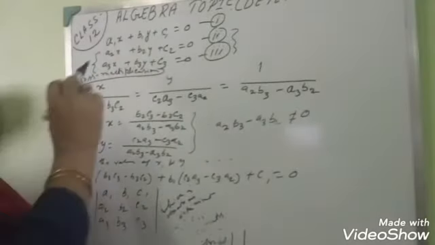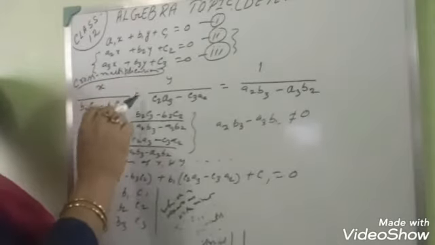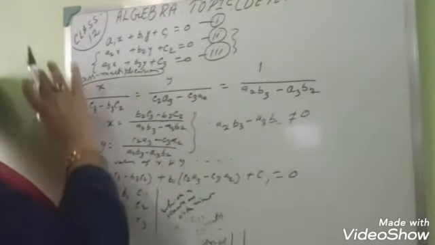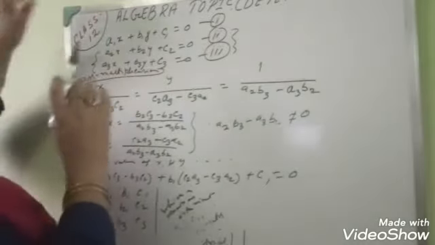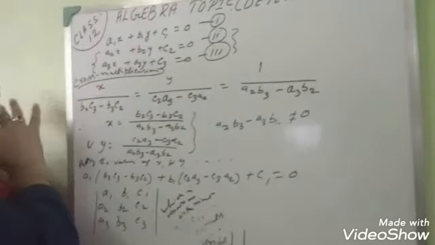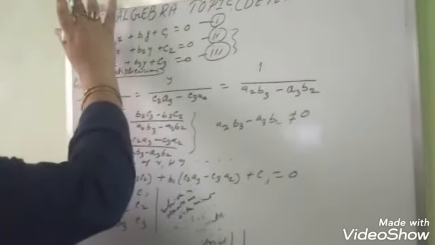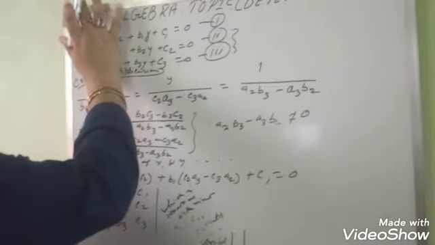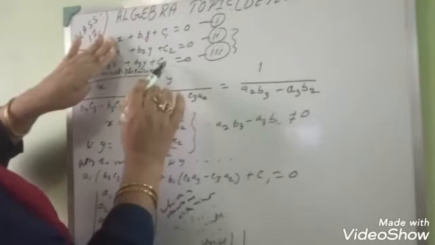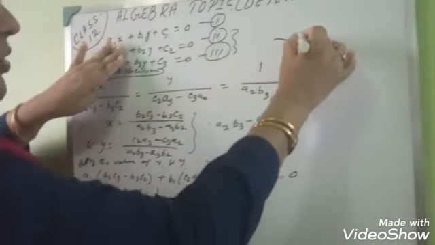Okay, how to solve it? There are two variables, x and y. So x by then is equal to y whole divided by then is equal to 1 whole divided by. Now, when we are to find the value of x, already you have done in class 9, but still I am going to explain this part. When we are to find the value of x, just off this side, then what we will get? Coefficient of y is b2. So b2 into c3 minus b3 into c2. The cross multiplication, this is the rule.